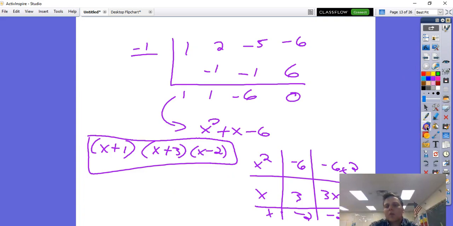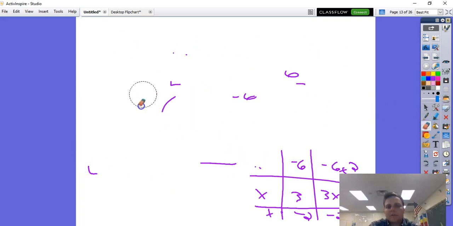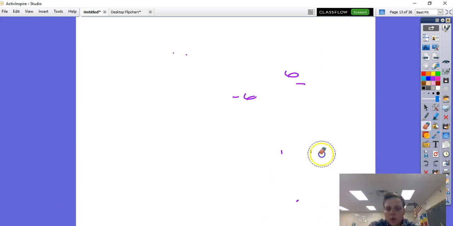Okay, next question. All right, this next problem, and in fact I'm just going to write it all out. What it says to do is to use synthetic division. Oh, I lost my paper. Use synthetic division and given factor to factor completely. Okay, so it gives us, I left a lot of space. This is going to drive me crazy. All right, so it gives us